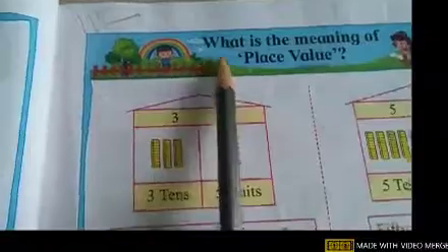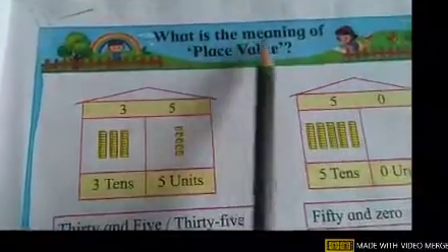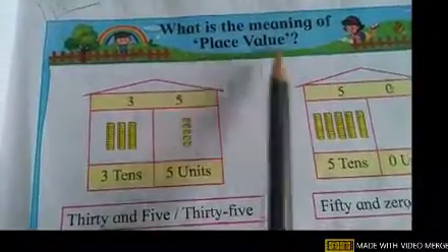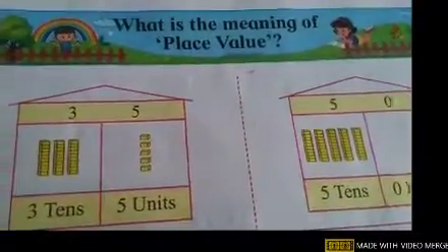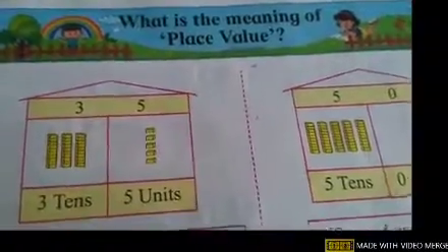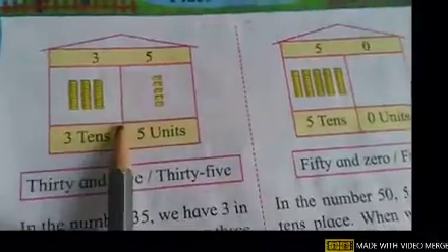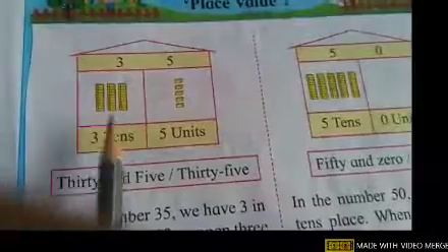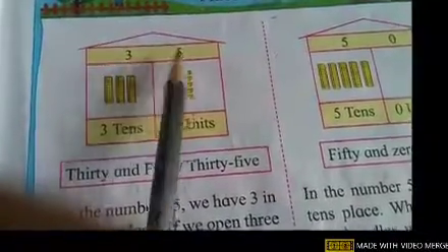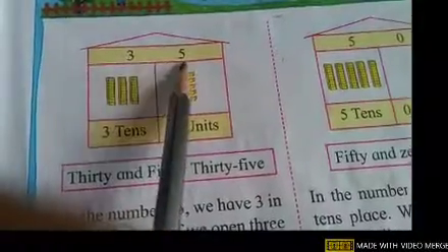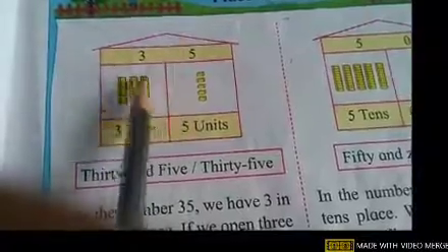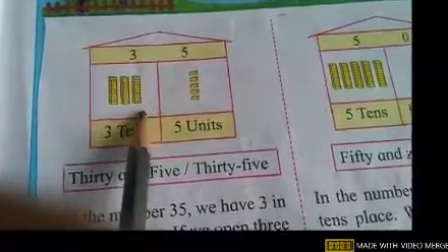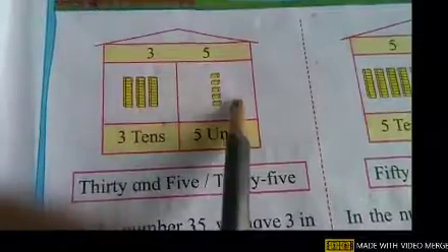And see what is the meaning of place value. I told you before also, place means position and value means amount. Okay, look here. What can you see? Here they have formed the 2 columns. They wrote the number here, 35. Then in 35 they made the 2 columns. They made the group of those things, okay, by drawing a picture, and this is the picture of blocks.